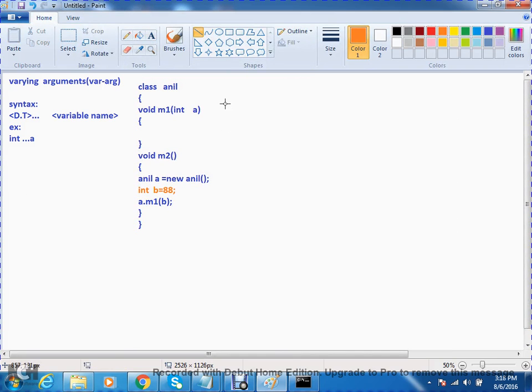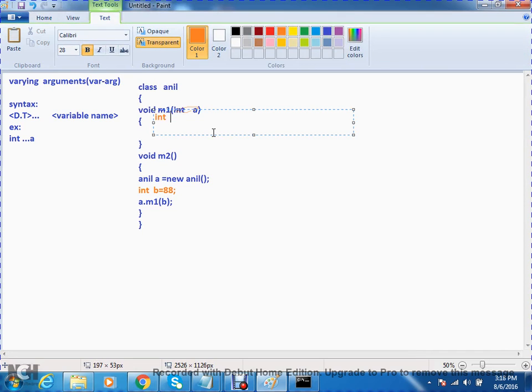Now, at execution time, what happens? Values will be substituted. If I substitute values, it will be int a equals 8, double x. Substituting values means int a equals double x with respect to primitives. Here no separate reference is shared; it is a separate copy.